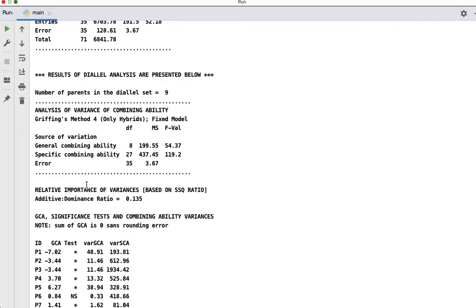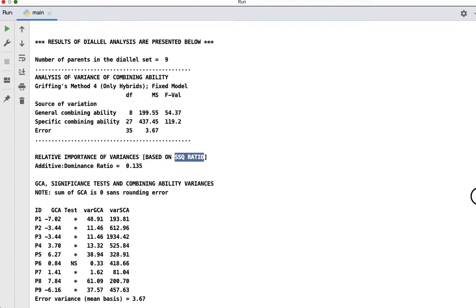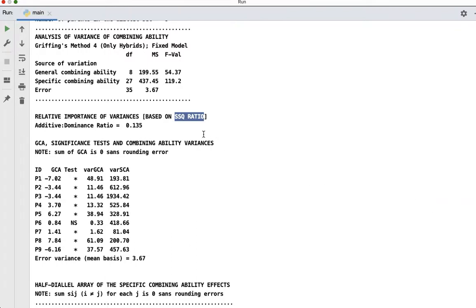Next, the script calculates the relative importance of the additive compared to non-additive variance. In this dummy file, the non-additive variance is much more important than the additive variance, as evident from a low ratio of 0.135. In general, the above-mentioned ratio may offer a rough guideline on the choice of breeding strategy that could be applied to the parents in the diallel set.